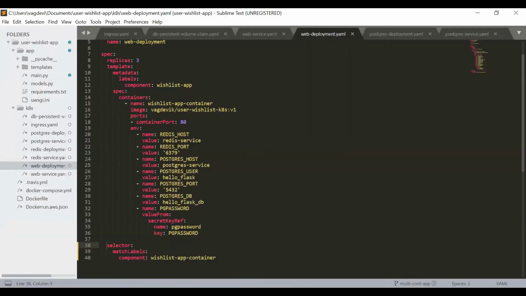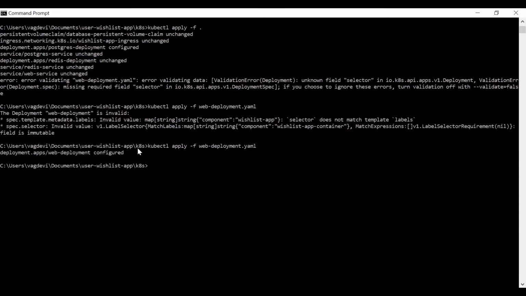So we are asking to match the component wishlist app container, but we don't want to match the container, only the component, this one, right? So this is the mistake here. Save it. Now again, let us apply this. Now it's fine, right? So this is the way we debug the mistakes too. Okay, so we also need to understand how to face the problem and how to solve that.